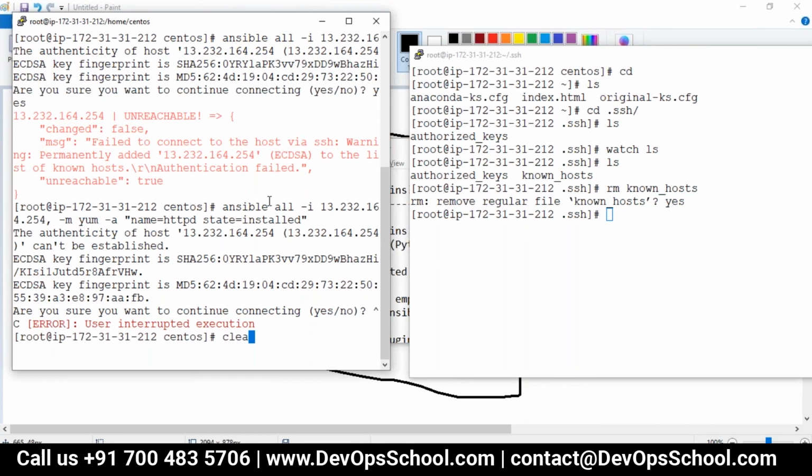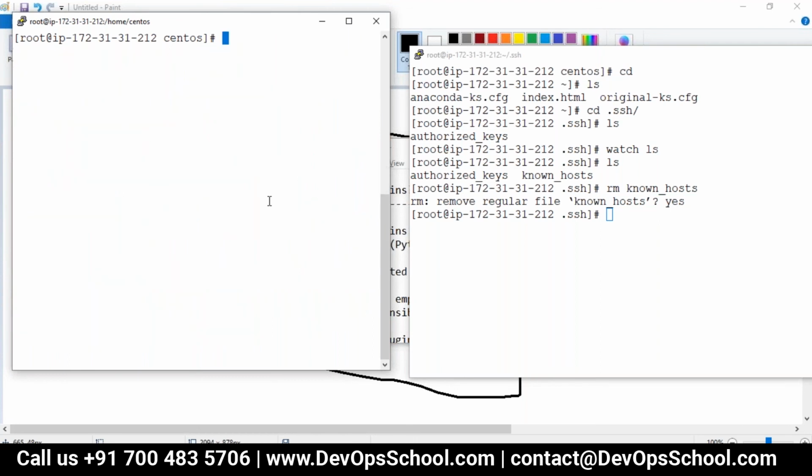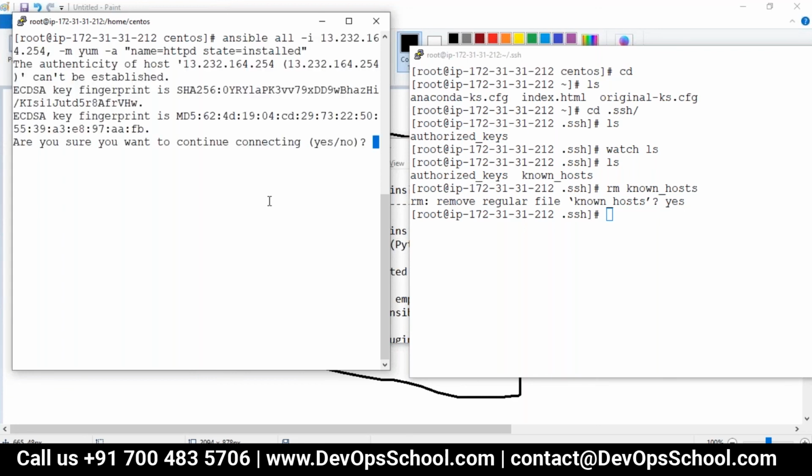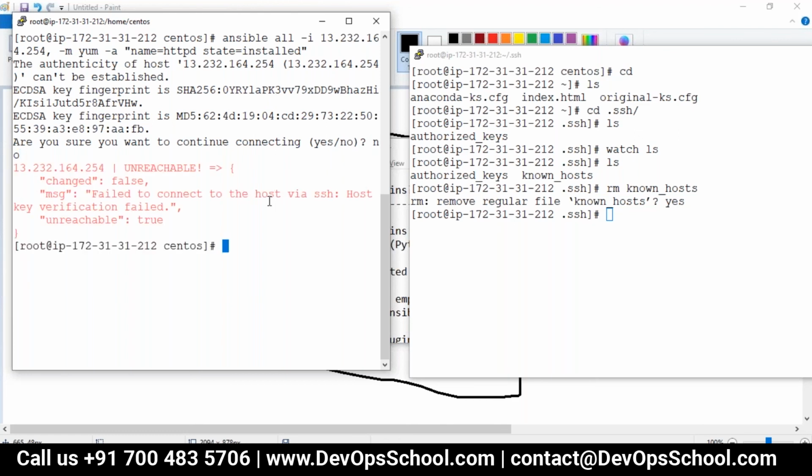But you know one thing, one machine is okay. But do you think if I have hundreds of machines in my list, it will ask 100 times? I'll get mad, right? Don't you think so? Are you able to visualize the problem here, everyone? Yes. So it's not going to work out. I need something else. What do we do?